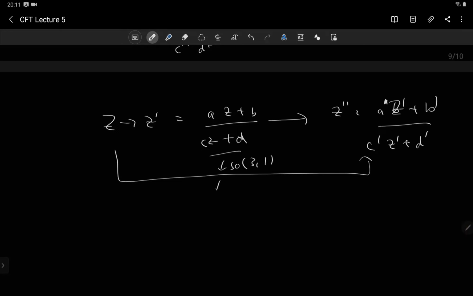That we know because when we write it in terms of X prime and Y prime, we know that this is SO(3,1). That is what we did when we did it for general D. So we know that this transformation is an SO(3,1) transformation. But it's just a different form. In terms of complex coordinates, it's looking like something divided by something, so it's a different form. But it has to be SO(3,1) because we can rewrite it in terms of X and Y, and then it becomes SO(3,1).